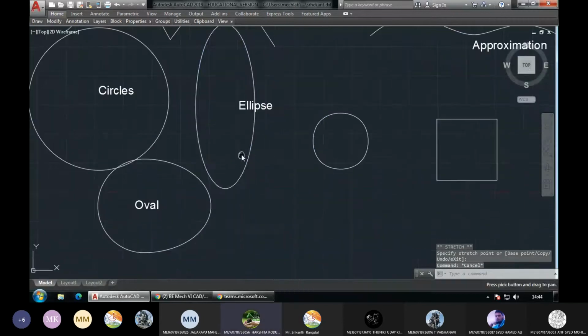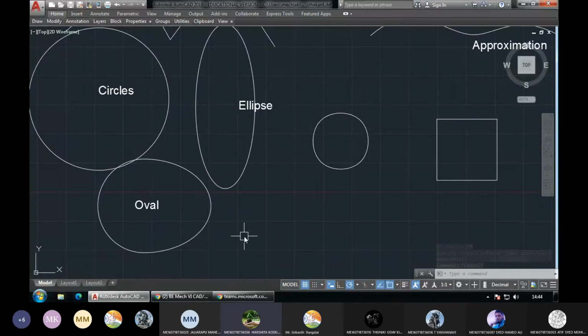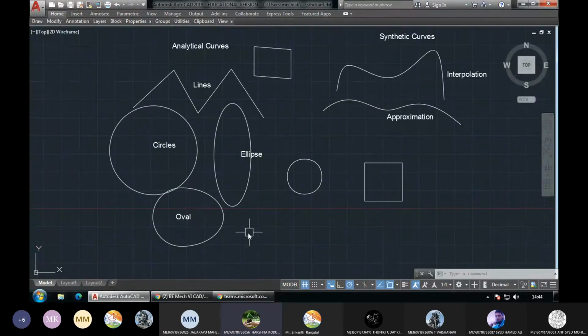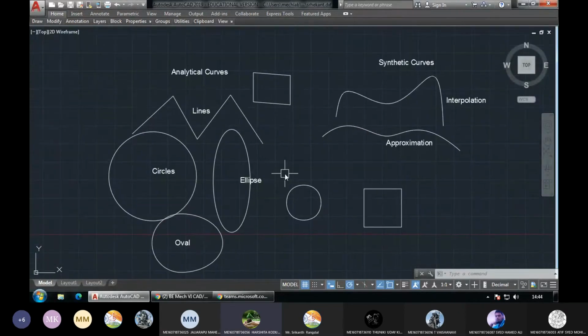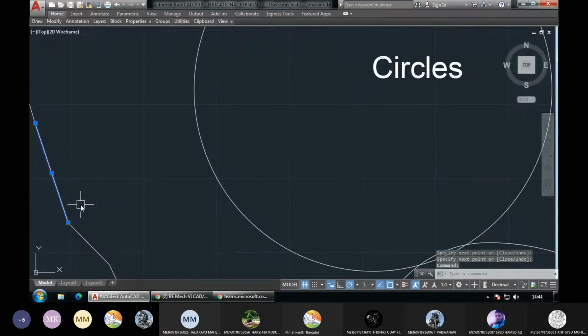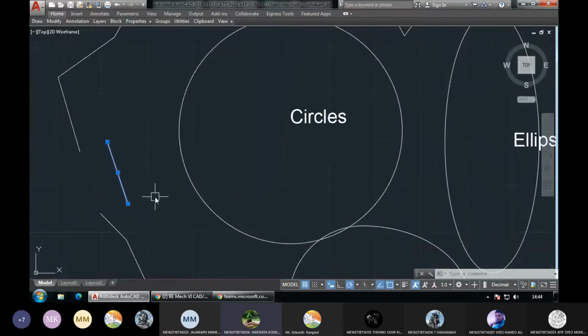Okay? Sir, even in a profile which consists of lines, it is taken as a point where we can adjust, sir. Yes, we can adjust, but at the end of the day, it is made up of a number of lines. And each line is again a straight line. Correct?